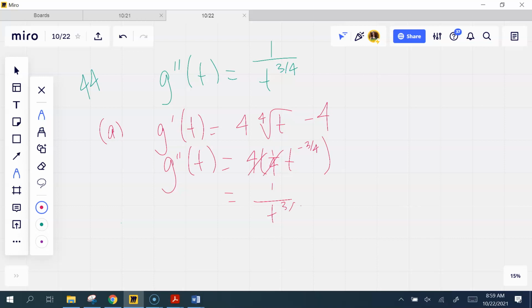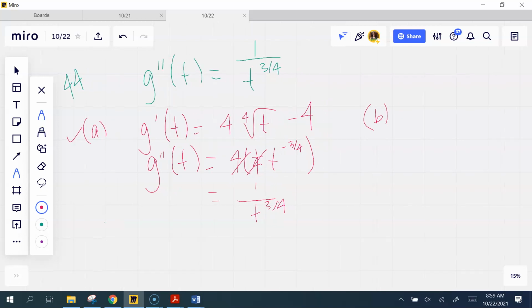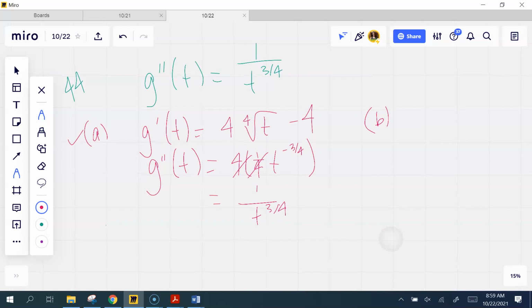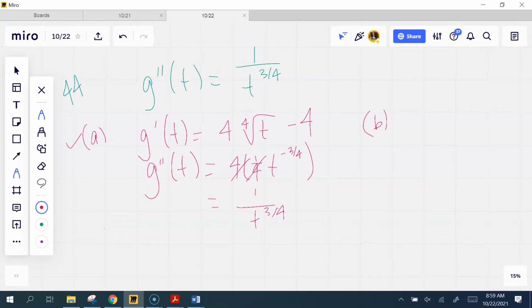So could that work? Part A could work. Yes. B, could it work? And this is, if you haven't figured it out, setting you up for whenever we do integrals soon. Part B,